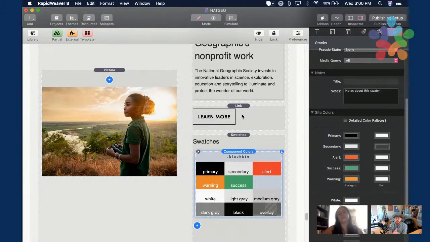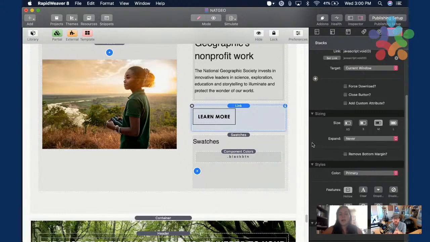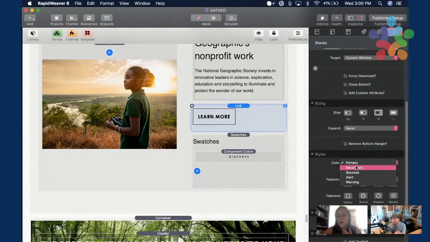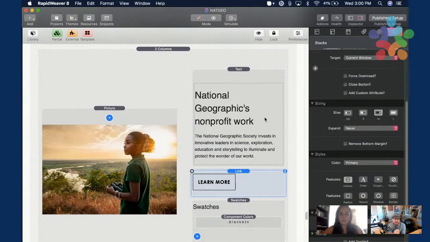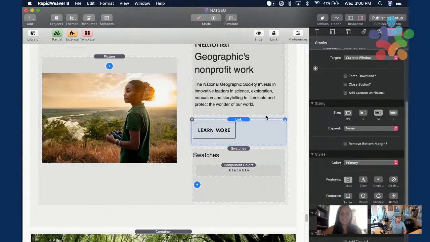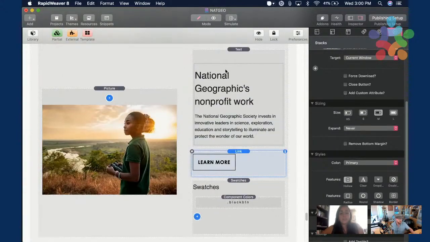Exactly. Another thing you could potentially do is, there is a secondary color scheme, so if you wanted to set the secondary color scheme to be black, I don't know, because you don't seem to be using the secondary color scheme anywhere. If you were to set that to be black, then in your link button you could just set that to use the secondary color. That's an idea. But that is a great way of doing it as well. It's a perfect example of using the component colors because you just wanted to swap that yellow in this particular section to be black instead. Perfect. Exactly. Yes. Great. So that's what I did there.